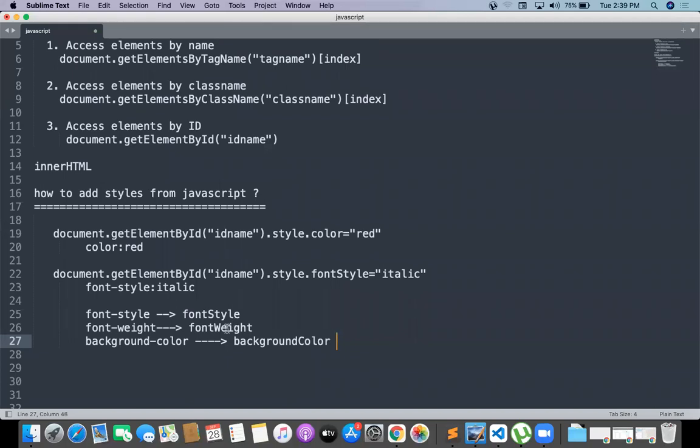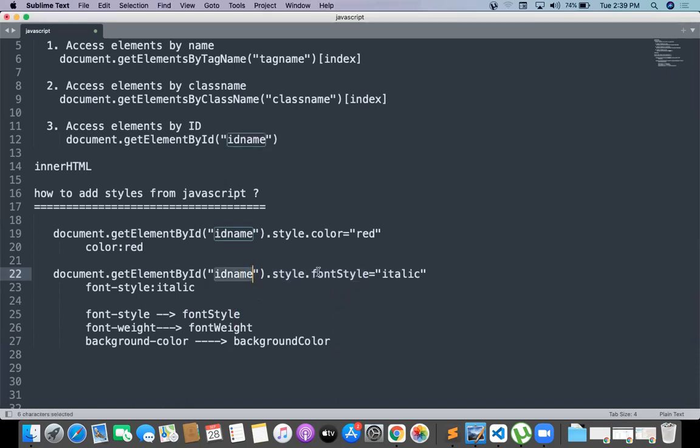So this is converting to camel case in JavaScript. But in JavaScript, what we need to do is definitely style dot property name. Style dot property name, don't forget about this. This is important. Style dot fontStyle is important. Don't forget this.